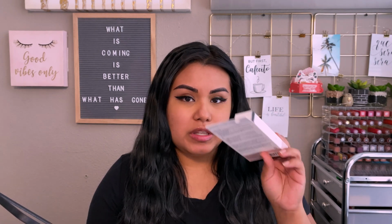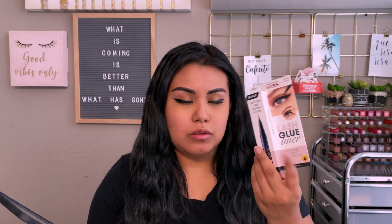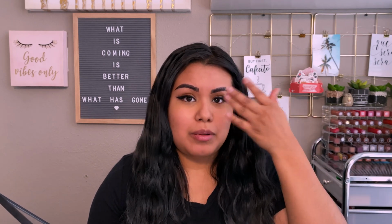What you can do with these, now that I think about it, either with the black or with the clear, maybe with the clear will work better. If you create a liner and then put loose glitter on top, because this is already your glue, you can just apply it on top. That would give you a crisp glitter liner. Guys,